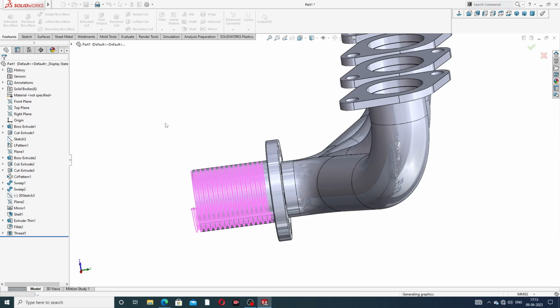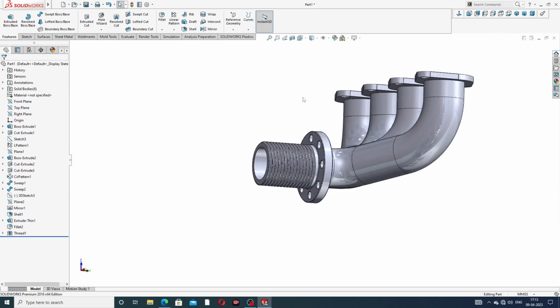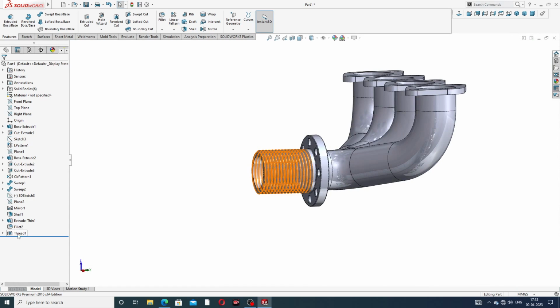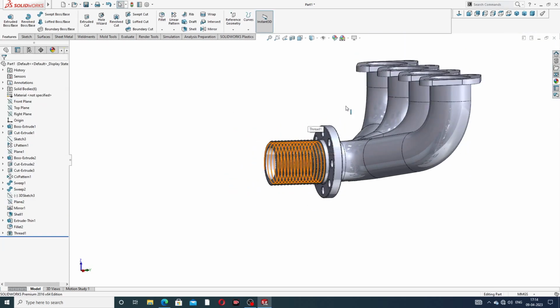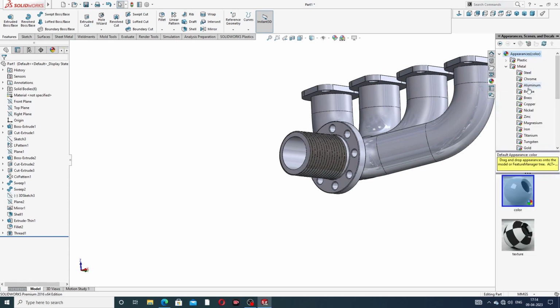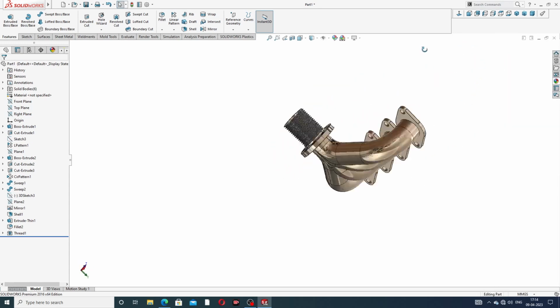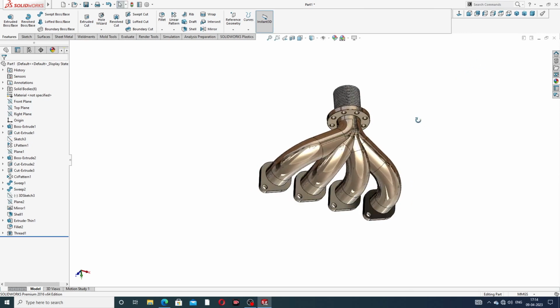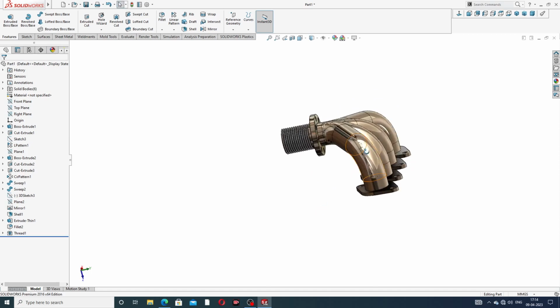Okay. This active process is a little late. Okay, this is very nice looking here, and this thread is used here, and some black color is shown here because this is perfect. Okay, and material is applied here, and the material is nickel, and okay, this is very nice looking here. Okay, this is perfect,